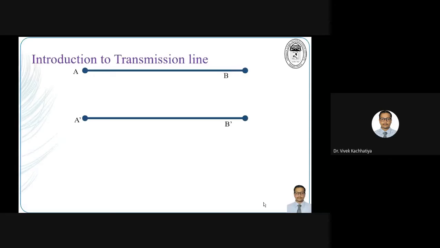Now we are going to understand the electrical parameters of our transmission line. We apply the source at A, and we apply the load at B. When we apply the source at A, our signal starts flowing from A to B. We have applied an alternating voltage here, so alternating current will flow from point A to point B, and this alternating current will induce a magnetic field around this conductor. The magnetic field will look like this, in a particular direction.